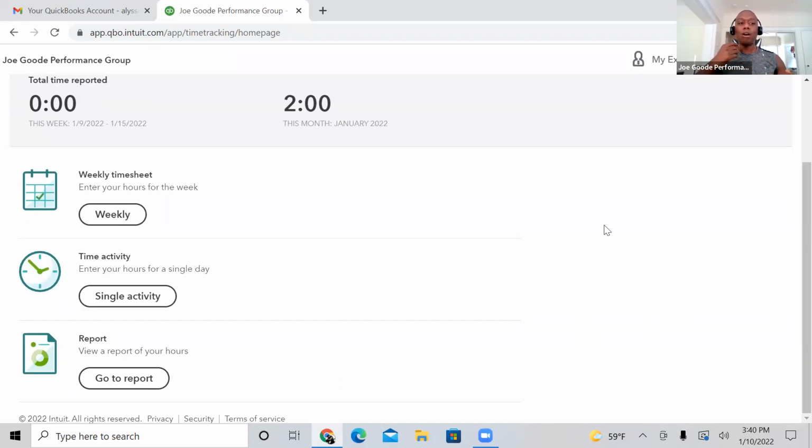So we have a weekly timesheet here. We have a single activity and go to report. So what weekly timesheet is, we're going to show you first is how to put in your hours, and it will give you a view from the vantage point of a week. And our work weeks go from Sunday to Saturday, and our pay periods are bi-weekly. So 2 weeks, Sunday to Saturday each week. So you'll be able to look at that whole view, Sunday, Monday, Tuesday, Wednesday, Thursday, Friday, Saturday, and put in